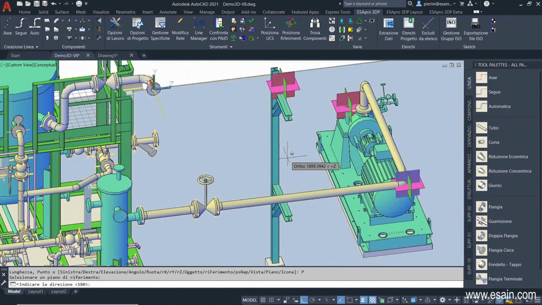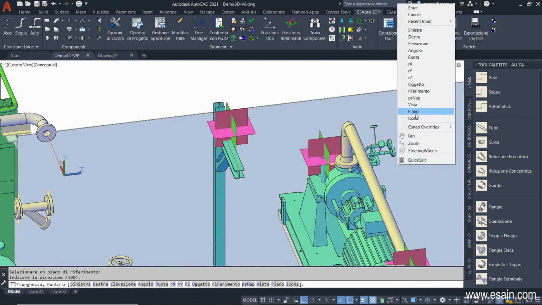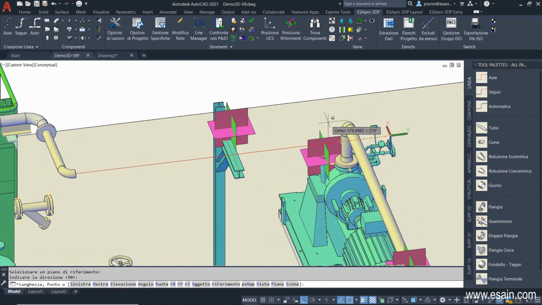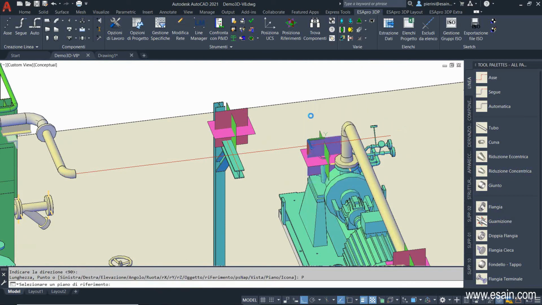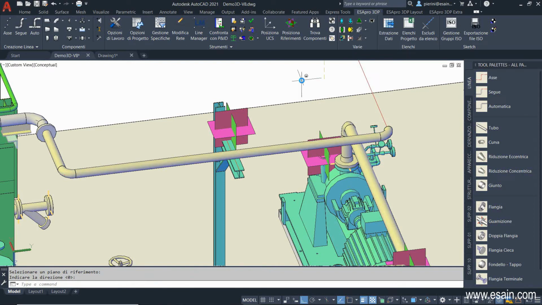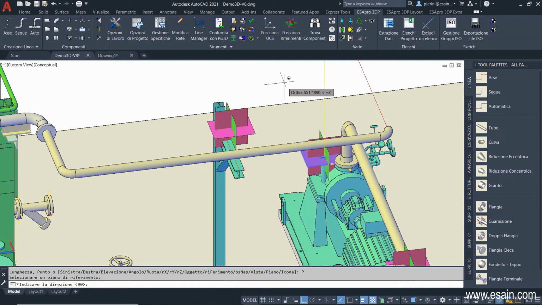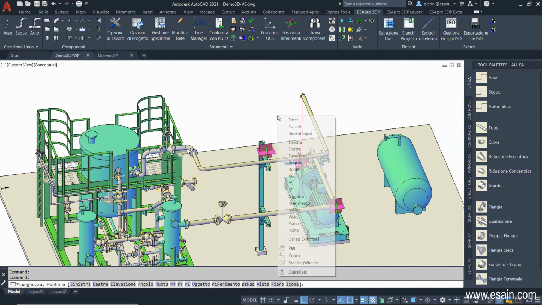Instead of typing the length, we select the Plane option and the software draws the line automatically so that it intersects the selected plane. In this case, we intersected the green plane. Now select the red plane, and then we go down until we reach the magenta plane. In this way, you can draw a 3D piping line without having to specify any length.